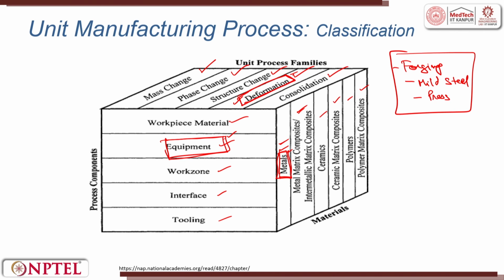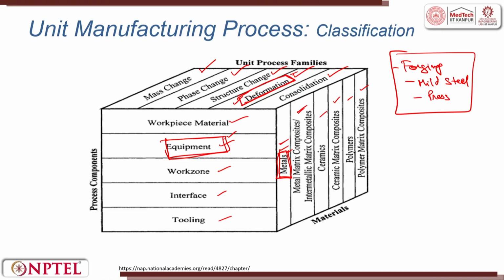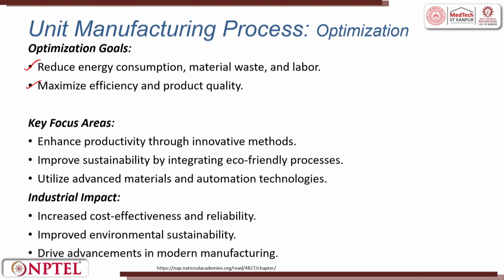That is, I am trying to pick a specific kind of equipment, a deformation family, and I am going to pick material, that is metals only. The process is equipment here. Now, I have to pick those which more significantly affect the overall life cycle of the product. Equipment energy, energy being used in work material, energy being used in the work zone. Equipment will occupy maximum energy. If I am trying to focus upon energy, I might pick these. I might pick some other depending upon my scope of study. So this is where we try to work upon the optimization.